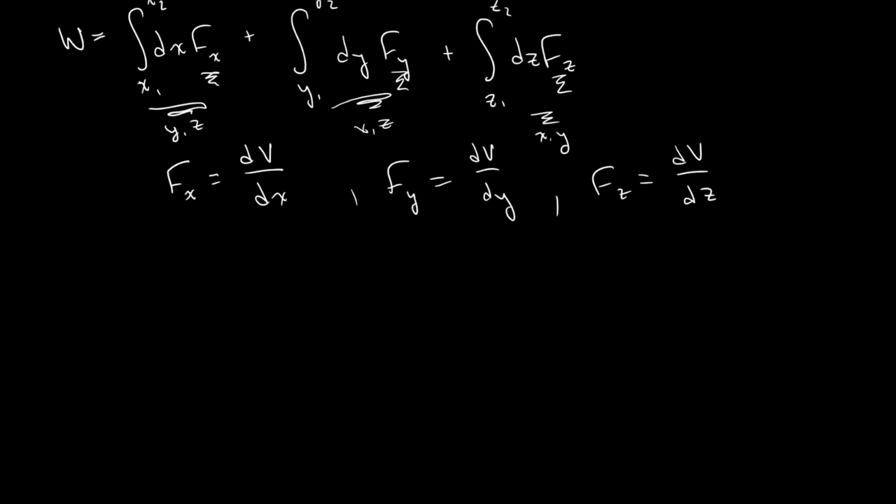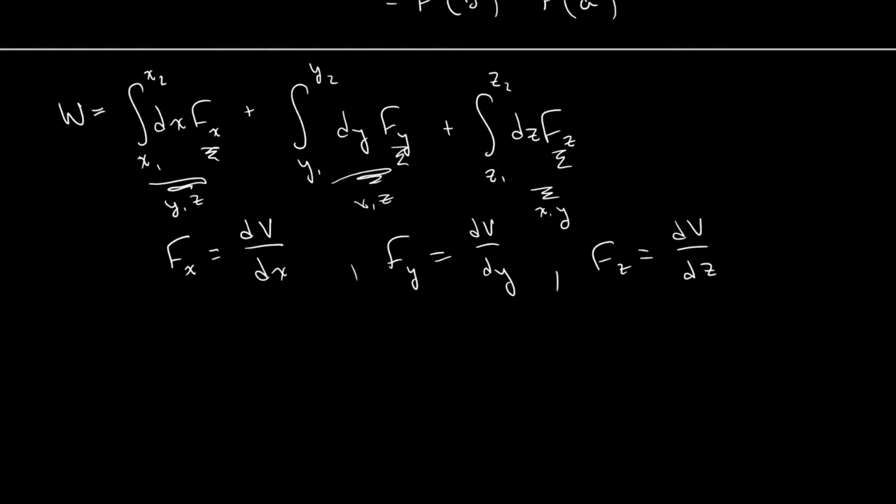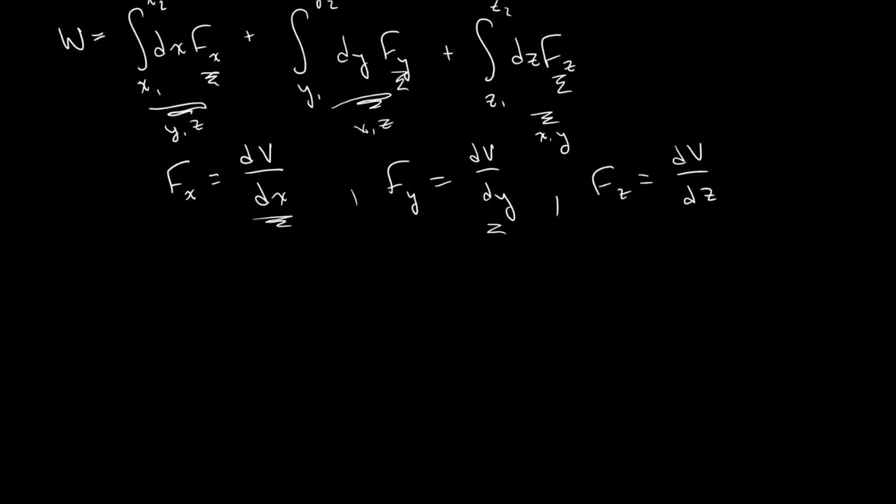If I can define some derivative that does the same thing, so if I can write f as some derivative that only sees x, some fy that only sees y, and fz that only sees z, then this should all be fine. This should all work out, because in that case it's essentially only a one-dimensional problem. And the way we do that is with something known as a partial derivative.